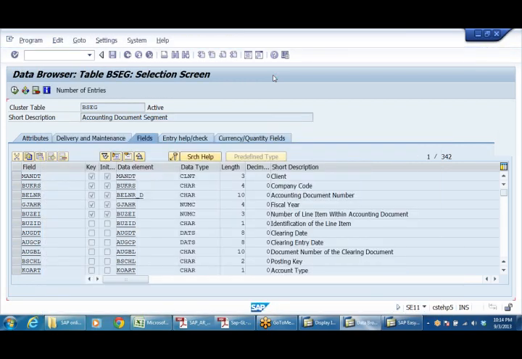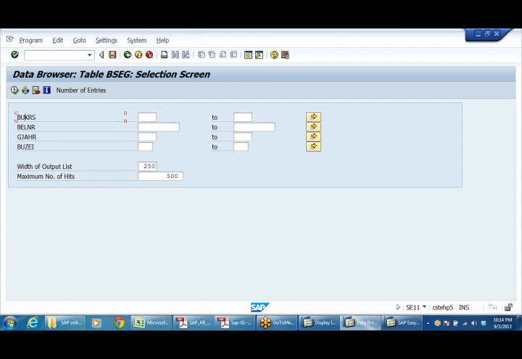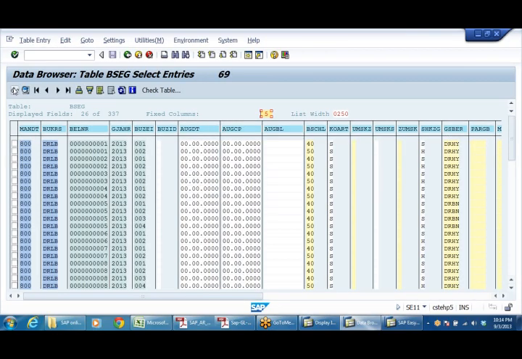I'll show you the actual tables. BUKRS means company code. Our company code is DRLB. If you don't give the company code, the system will show information of all the companies, but that is not required for us.